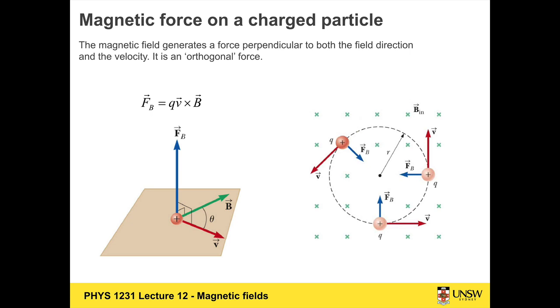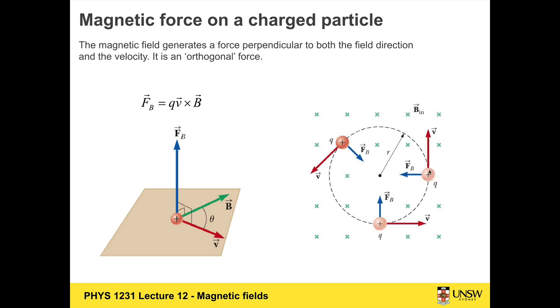So we have magnetic forces on charged particles. In all cases, the magnetic field generates a force perpendicular to the field direction and to the velocity of a charge. That's just what this cross product is. Of course, the resultant vector of a cross product is perpendicular to both the vectors involved. And so immediately you can see if you have a uniform B field, in this example on the right pointing into the plane of the screen,